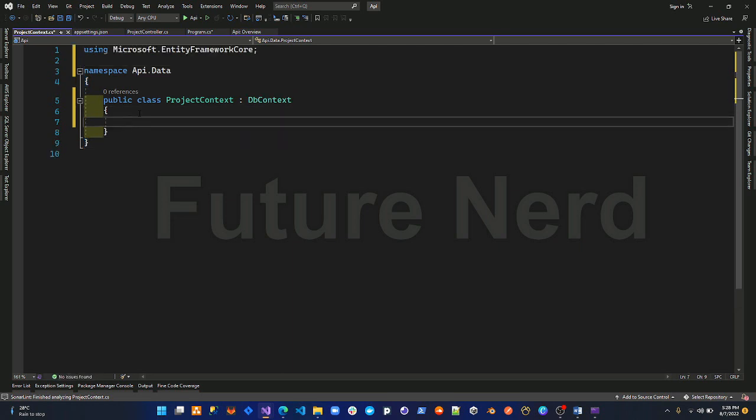So all the tables that we want to create here in our database, we have to create a DbSet for that. Prop, sorry,